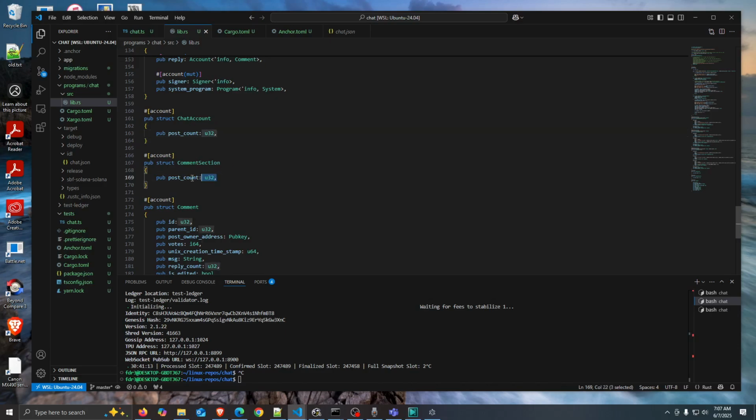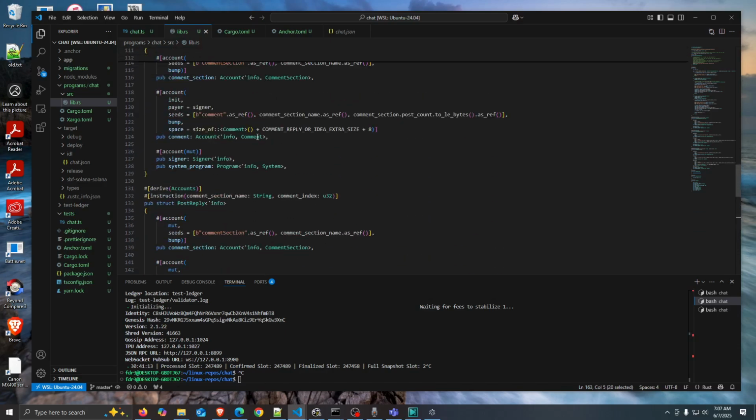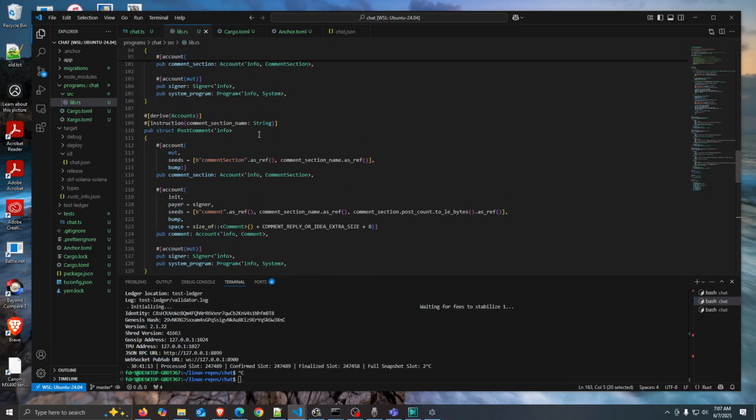Right? So this can still remain the ID of the comments in the comment section, but this will have to be used for creating the seeds, because that is what causes problems, right? When people are posting comments, and it's based on the comment section, which everybody can affect, and its post count, then there become issues with who gets which seed, and it has to finalize first before the next person can claim the seed. But if we use the